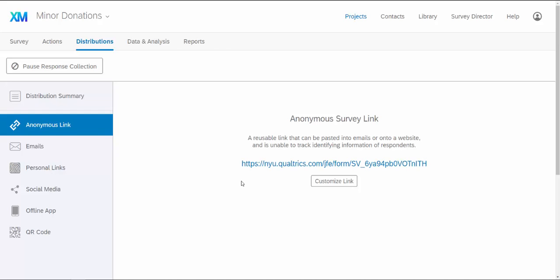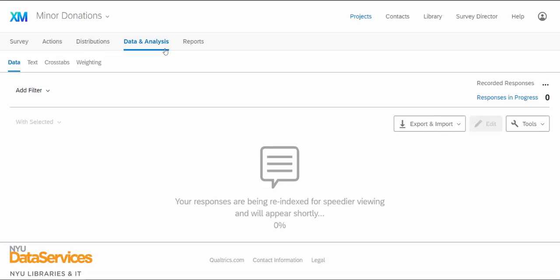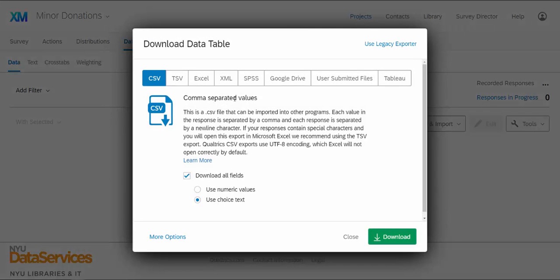Now, once you have the results, remember, we can go to data and analysis. And because the survey isn't live, we don't really have anything to export, but this is where you'd export the results. Click on this drop-down menu and be able to export the data as a CSV file, which you can open in Excel. So that's basically it, but let me know if you have any questions, and